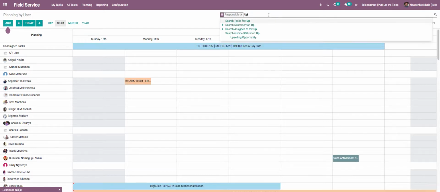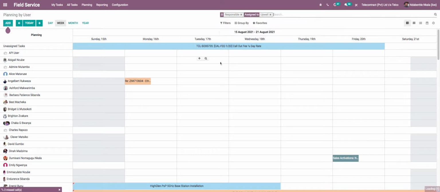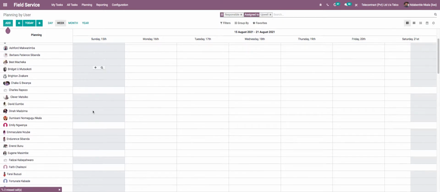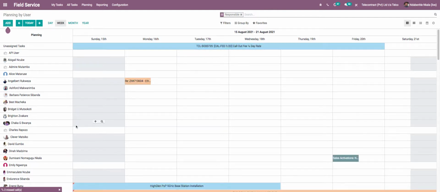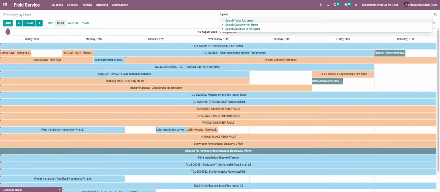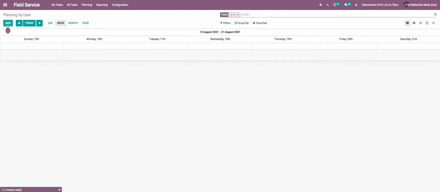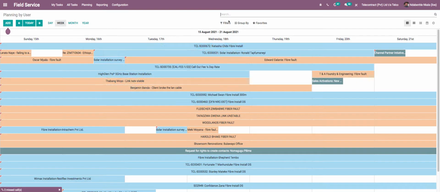Okay. So assigned to is Upwell. Okay, I don't know why it's not saying there. Let's remove that filter. Oh, responsible, not assigned to, it's actually responsible. So let me remove that and say Upwell. Okay, yeah, a little vexatious. All right, but if we look here in this,